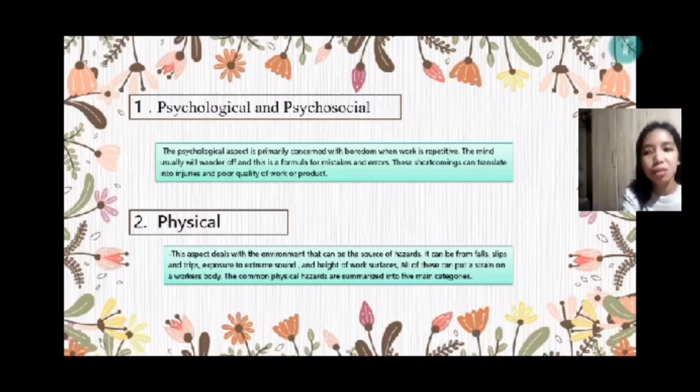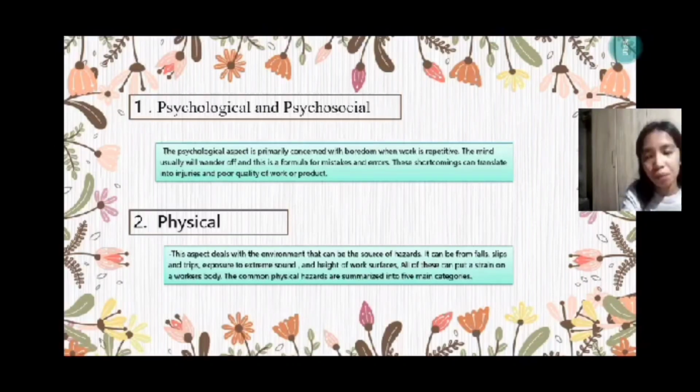These shortcomings can translate into injuries and poor quality products.